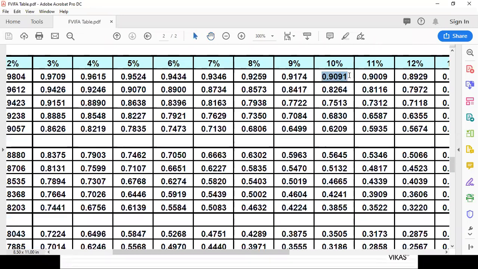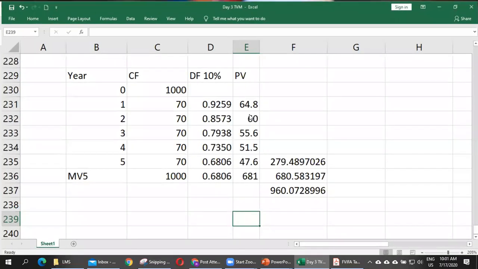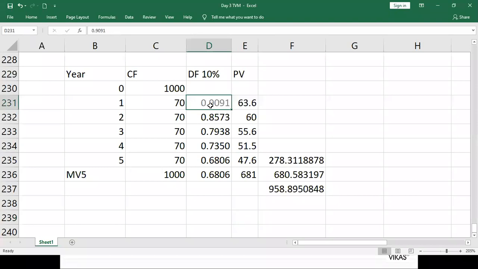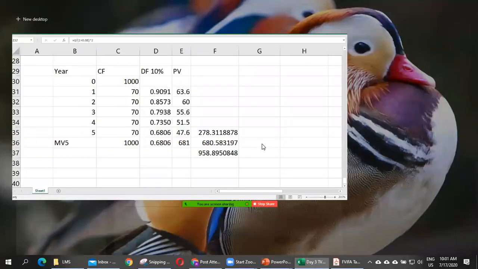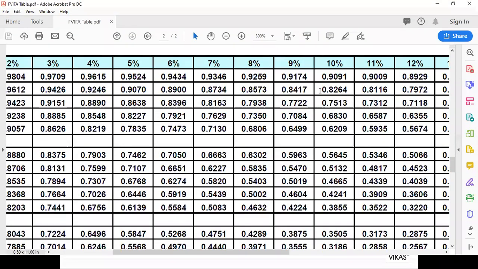For year one, we take the 10% value here, and from the table the second period at discount factor 10%,